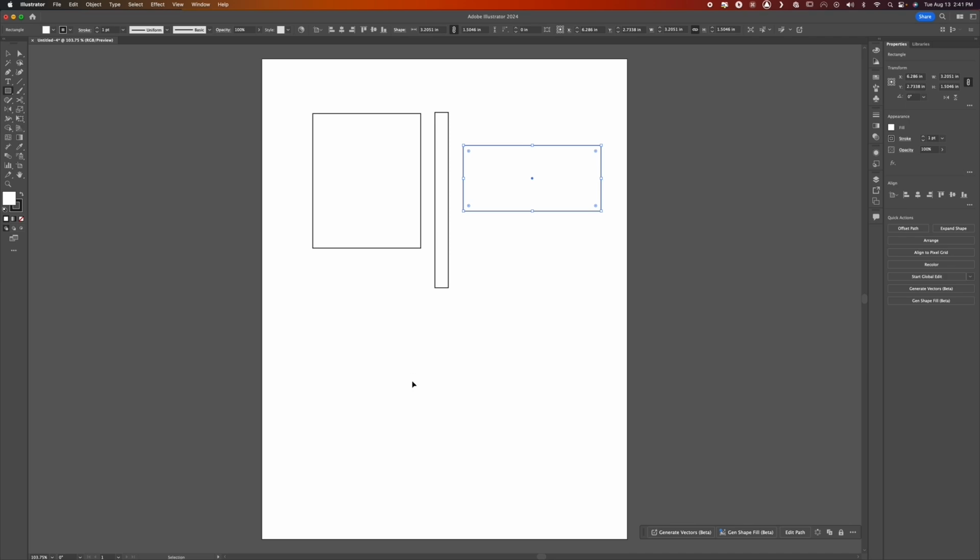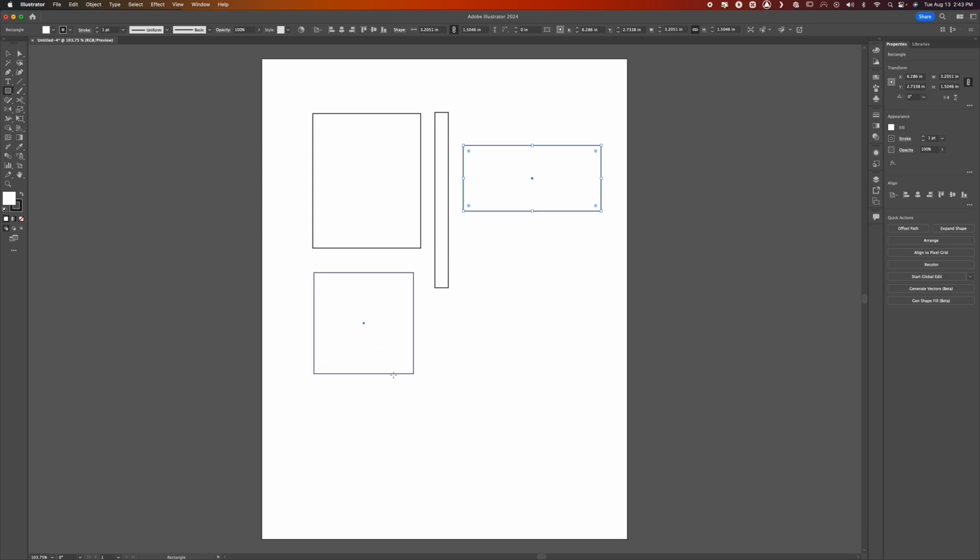And the way you draw a perfect square is you're going to have to use a keyboard command while you drag out your shape. And this is going to be the first of many keyboard commands in Illustrator, and keyboard commands are critical, and memorizing them is critical to being able to use Illustrator or any graphics program well. So if you want to draw a perfect square, you basically got to hold down the Shift key as you